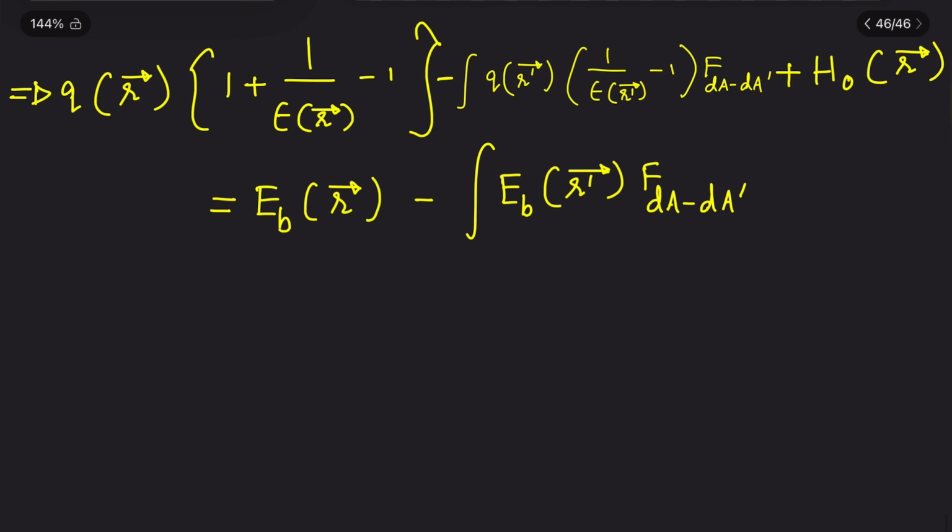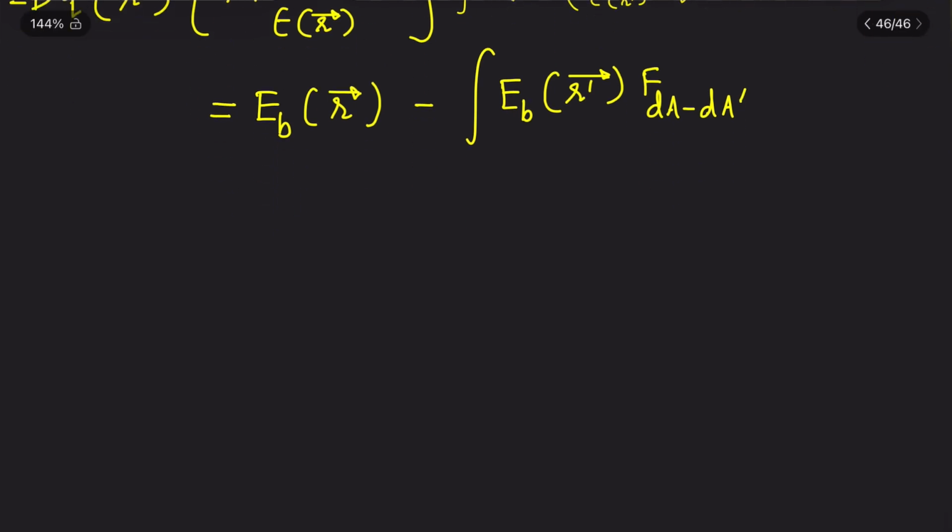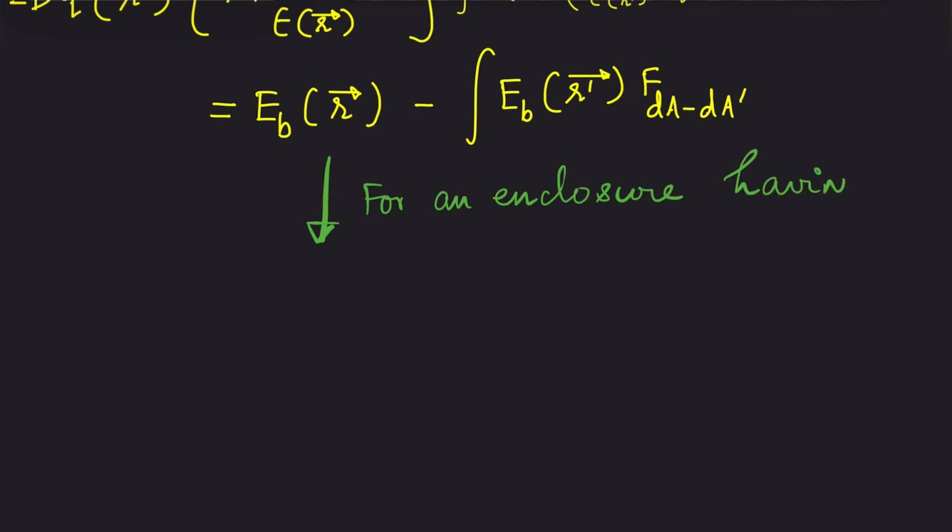Now this is for a continuous enclosure. If I have a discontinuous or discrete enclosure having n surfaces, now the same equation I will just convert. So for an enclosure having n surfaces,